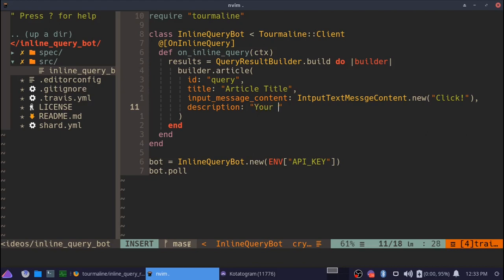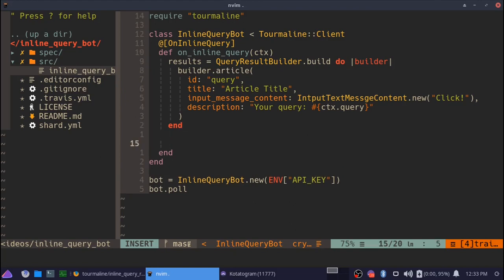We're going to say your query, and we're going to return the query. So that's the only result we have for now, but that is enough to get started with. So if we do ctx.answer results,